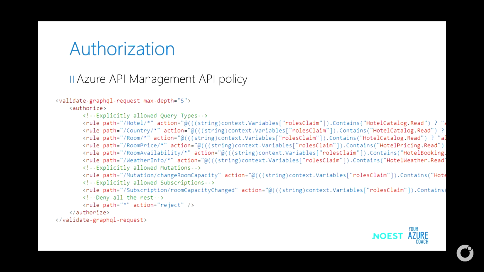If your query, or the query type or the mutation, is not in the list, you will be blocked. That's to avoid that somebody in the domain API adds a new type that gets automatically propagated into API management, and it's not secured. So here we have a real security gate that explicitly needs to be added in our API management policy, where you explicitly say, okay, if you want to access that type or execute that mutation, you should have this role. And maybe we need to introduce a new role, but in that way we are sure that not by accident data gets out in an unsecure way.